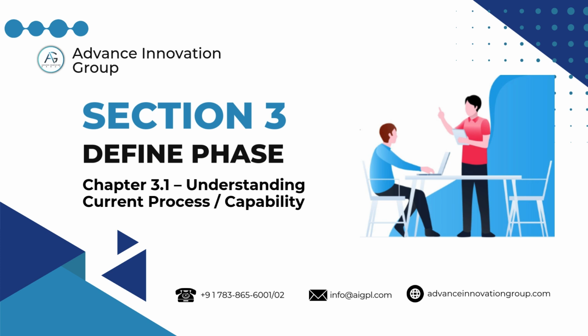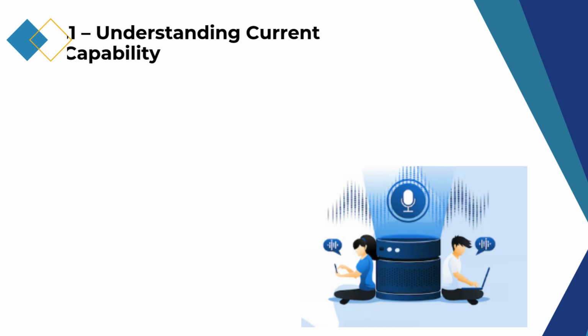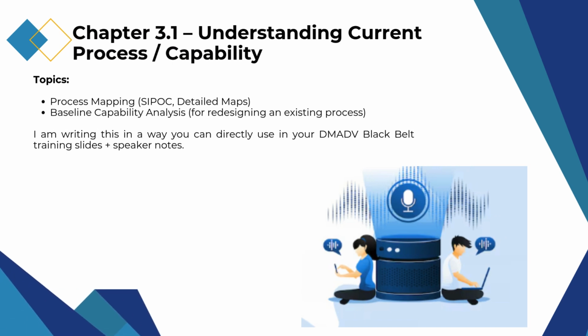By establishing baseline performance and identifying variation, gaps, and constraints, the organization gains a factual view of current capability, which helps avoid assumptions, aligns stakeholders, and provides a strong foundation for defining the problem and improvement goals in the define phase. The define phase of DMADV process mapping is used to clearly understand the existing process before redesign, starting with